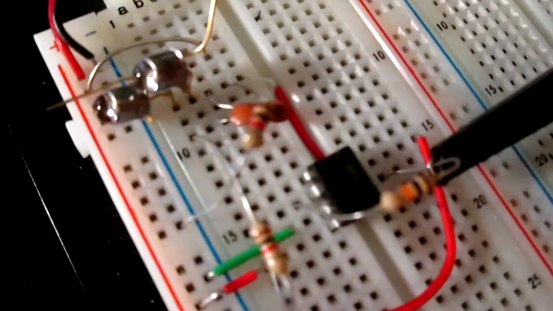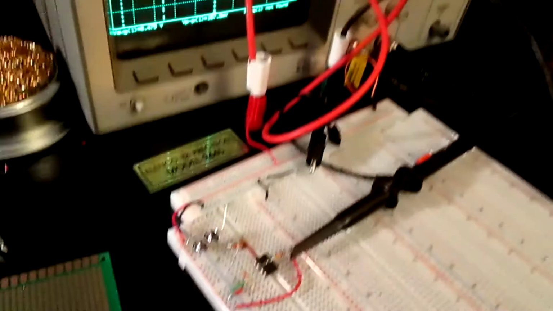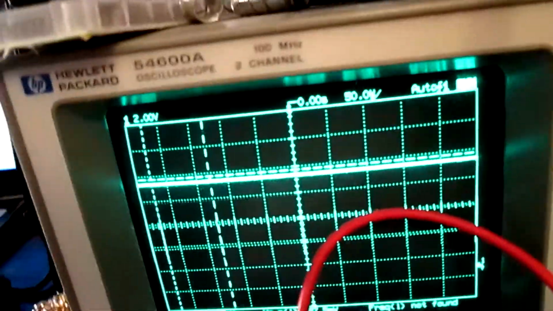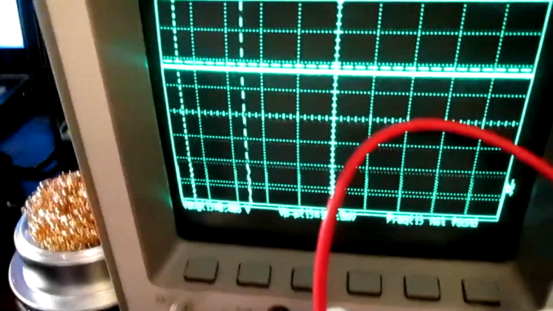So I want to let you know that that's a LM714 operational amplifier. I'm running it with 9 volts. Oh, let me show you, I almost forgot. Let me show you the frequency of the signal, and